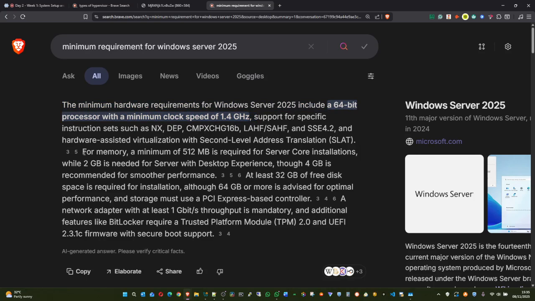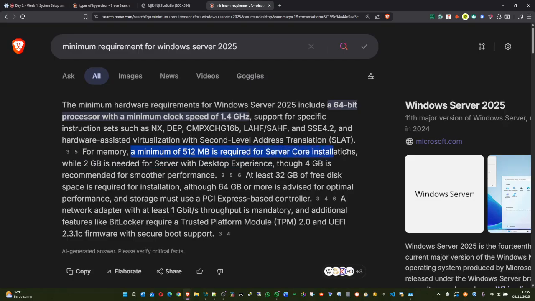For minimum of memory, at least 512 megabytes, but for server core installation, 2 gigabytes is needed with desktop experience.